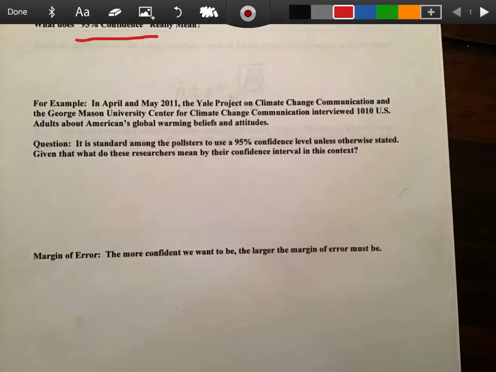So 95% of samples that we run into will have the actual percentage of the entire group of people that we have. So I'm going to write that sentence down. I'm looking at your textbook. I'm writing formal definitions. So what this means is we are 95% confident that 95% of samples of this size